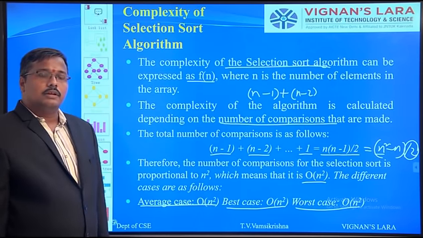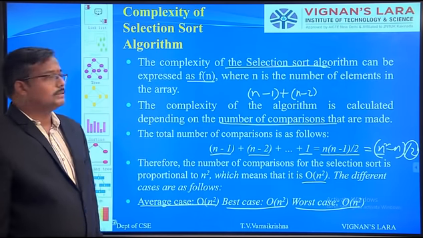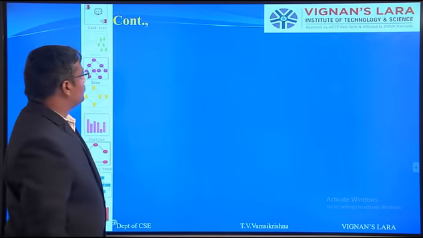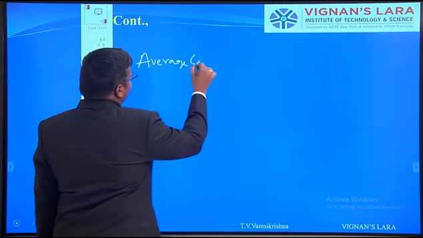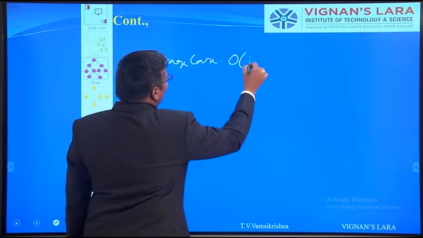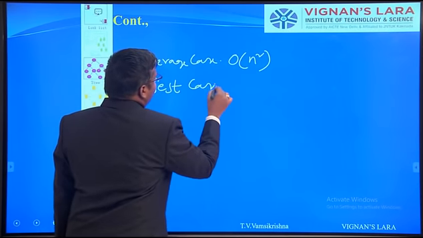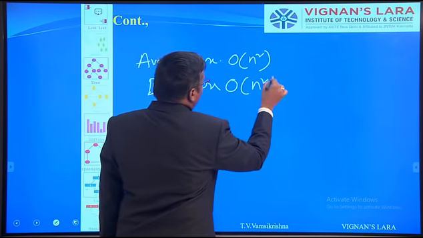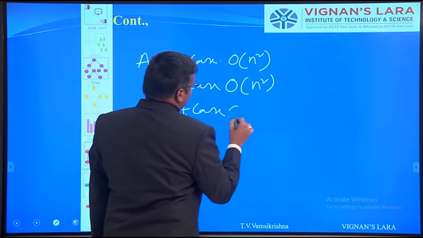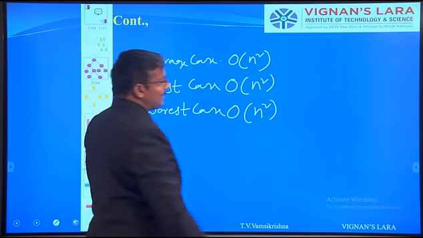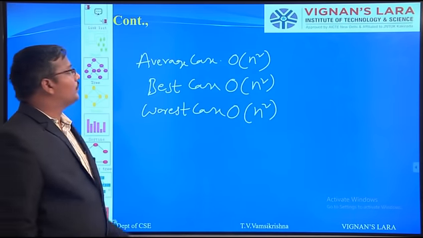Because of the many comparisons we make to select an element in each and every iteration.